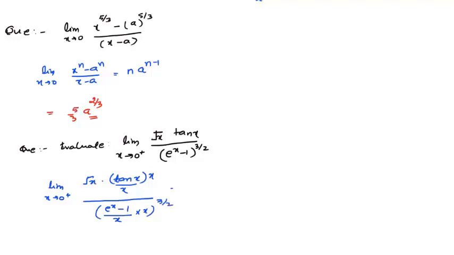So what it gets converted to is limit x tending to 0 plus, under root of x, right? tan 10x upon x, and in multiplication we have x, whole divided by, if we separate this out, e raised to power x minus 1 by x whole raised to power 3 by 2 into x raised to power 3 by 2. Okay, if you look at this carefully, this expression is again converted to a standard limit, limit x tending to 0, e raised to power x minus 1 upon x. This will now be equal to 1.